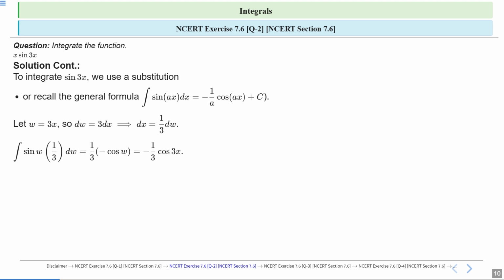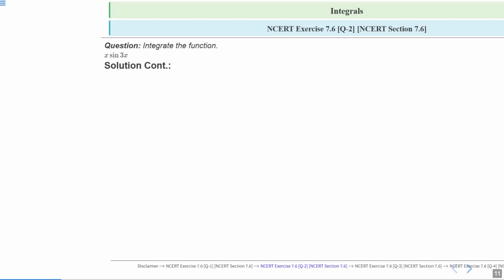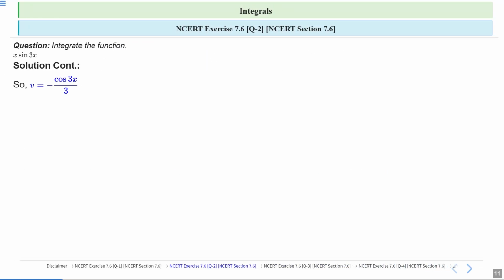So it becomes sin w times 1 by 3 dw, equal to 1 by 3, and the integration of sin is minus cos w. So the integral is minus 1 by 3 cos 3x. Just substitute back the value of w, that is 3x. Now we have v, that is minus cos 3x by 3,